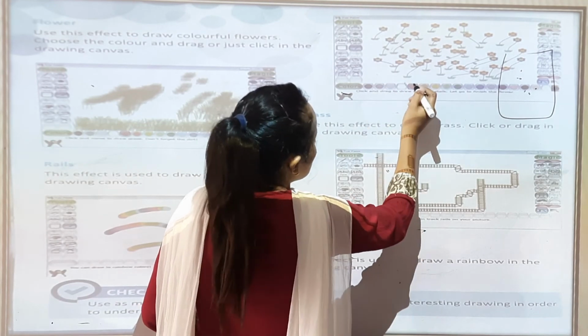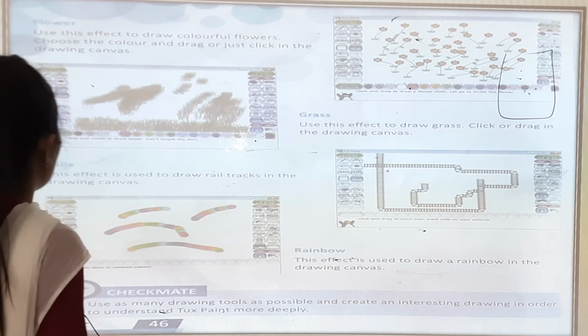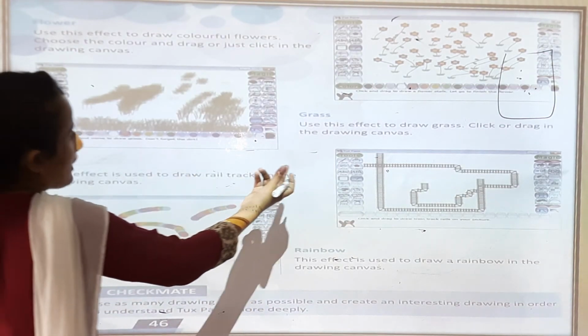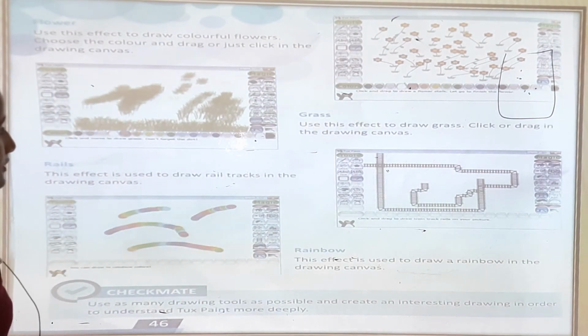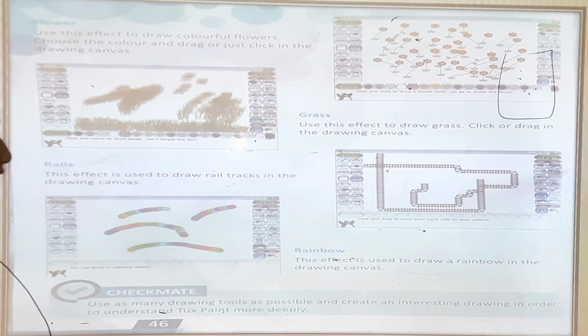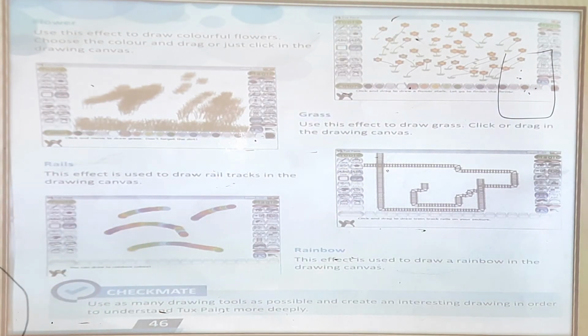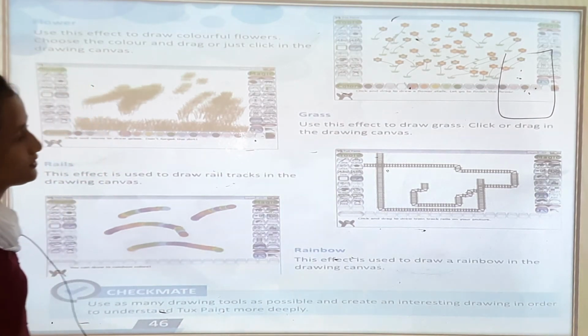For example, if you click red, the whole flower will be red. Just like this, there is grass also. Use this effect to draw grass. Click and drag on the drawing canvas. Rails and rainbows are also like this.